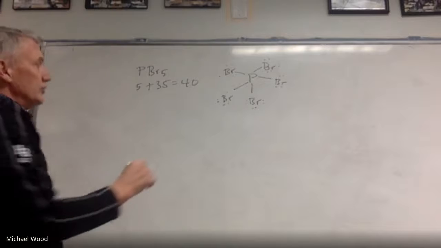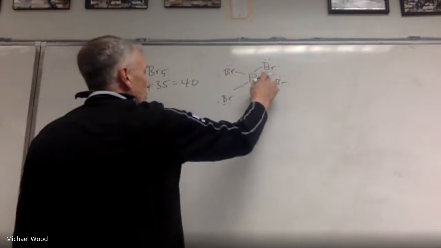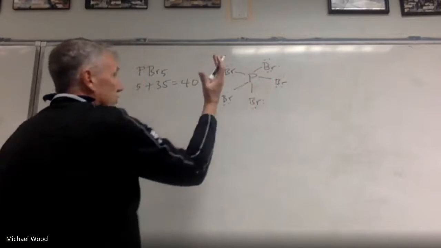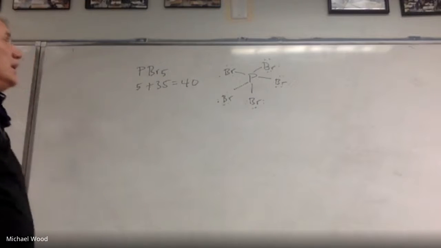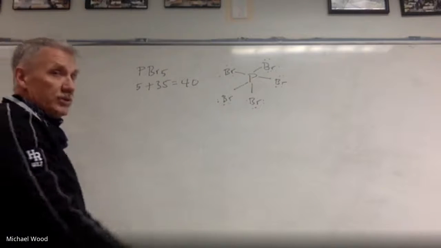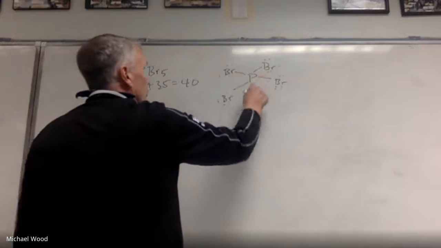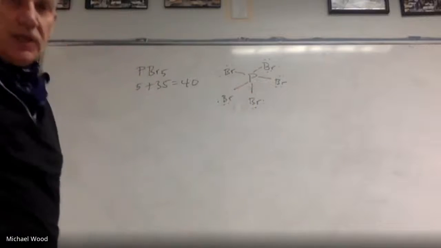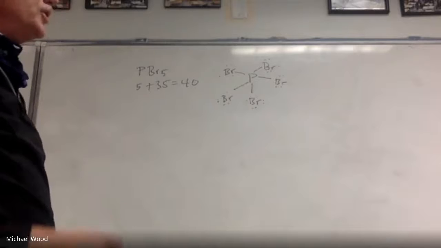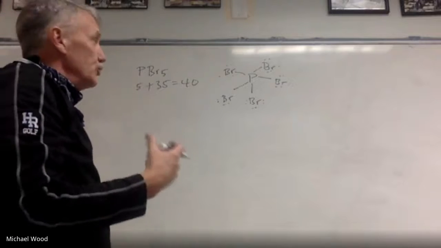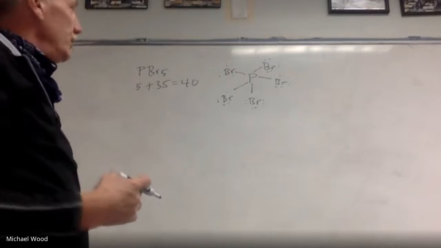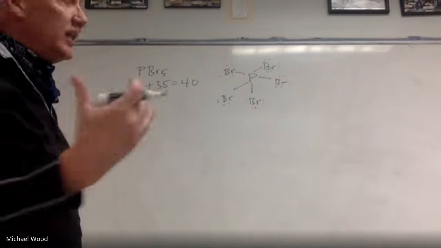Okay, and now I count, so I've got 8, 16, 24, 32, 40, which is exactly what I want. Now I count the electron domains. There's 5. 1, 2, 3, 4, 5. So there's 5 electron domains. So this is good. This fits in that AB5, the trigonal bipyramidal shape. But now explaining the hybridization.